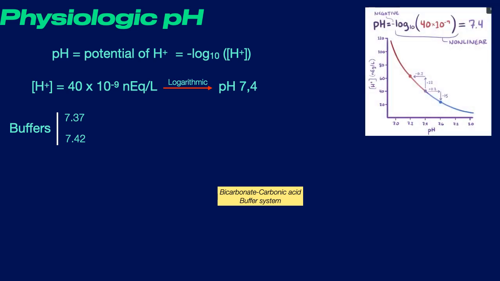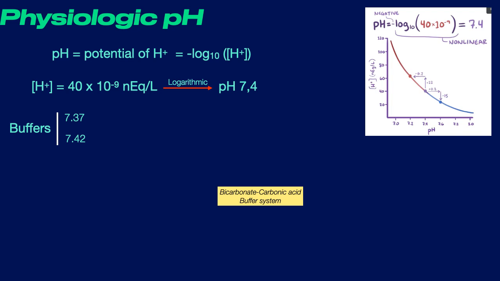For example, an increase in pH from 7.4 to 7.6 means a decrease in the hydrogen concentration of 15 nanoequivalents per liter, whereas a decrease in pH from 7.4 to 7.2 means an increase in hydrogen concentration of 23 nanoequivalents per liter. That's why the graph of hydrogen ion concentration versus pH has a curve to it rather than being